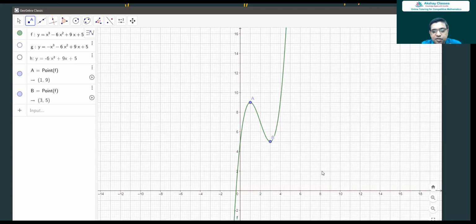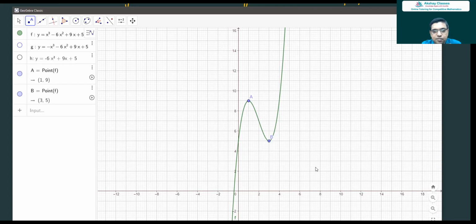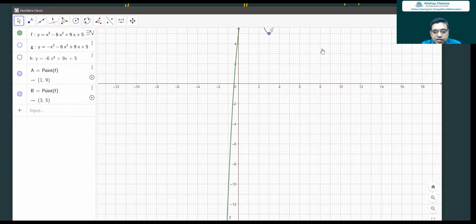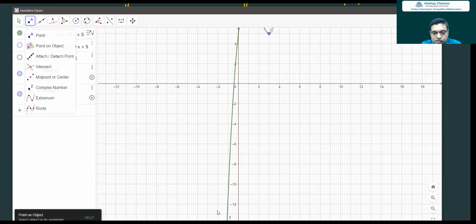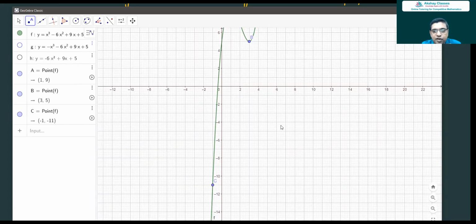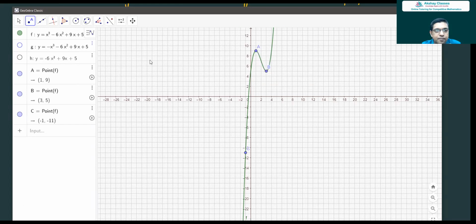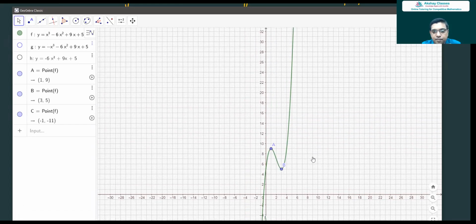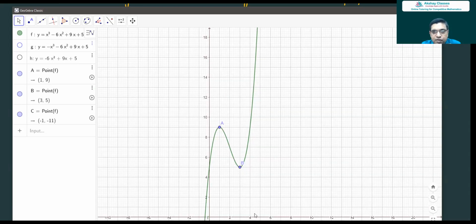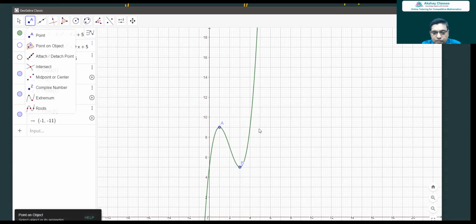At x equal to minus 1, the value is minus 11. And for x equal to 5,